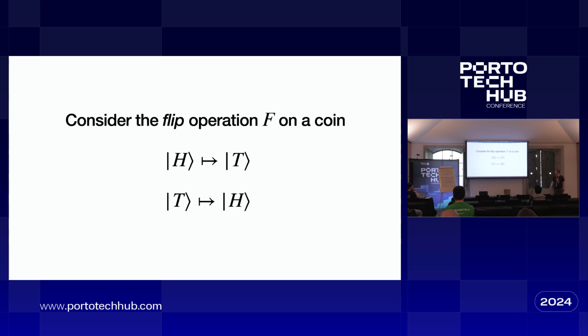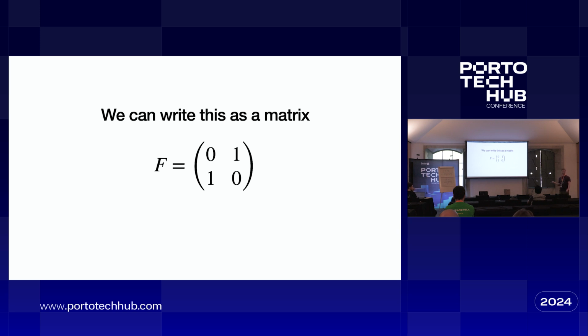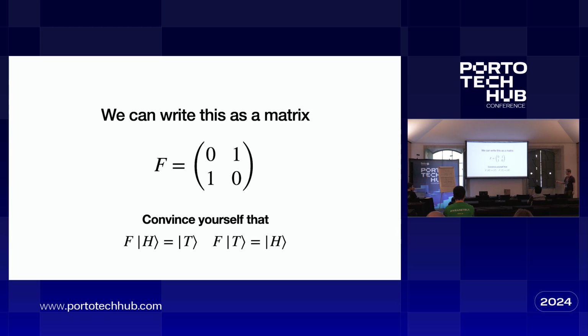So let's consider the operation of tossing a coin. Sometimes I use that word wrong. Flipping the coin, okay? Turning it over. What happens when I flip the coin over? Well, if I was in heads, then I go to tails. If I was in tails, then I go to heads, okay? Now I want to write down this process as a matrix. And this is the answer. I want you to convince yourselves that that's the correct answer, that this matrix here has the properties we require of it, that applying it to heads gives tails, and applying it to tails gives heads. Can anyone see that immediately? Maybe not.